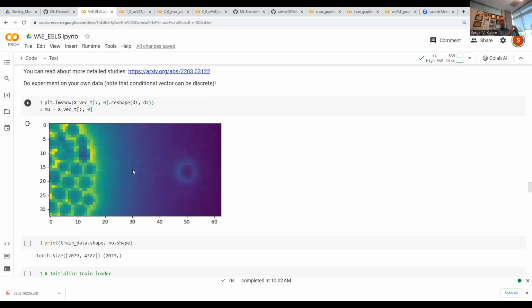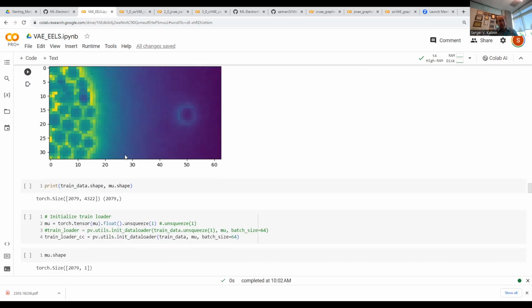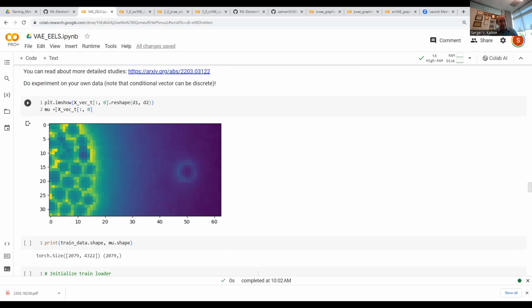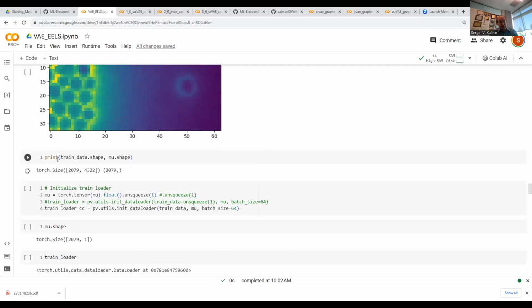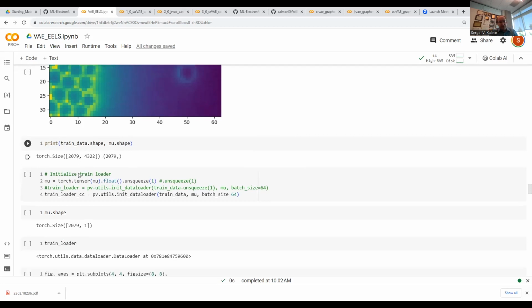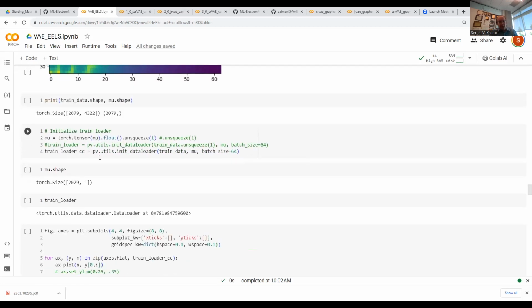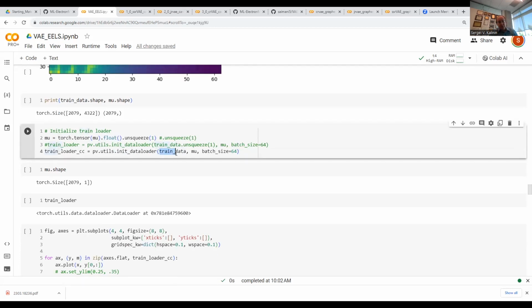So you basically say that one factor of variation is the PCA component, and let's see what the CVAE is going to find in all the remainder of the data. So this is how it is done. We just take the conditioning vector from our PCA example. Then we look at the dimensionality of our training data and the conditioning vector to make sure that everything is in order. We create our train loader object,